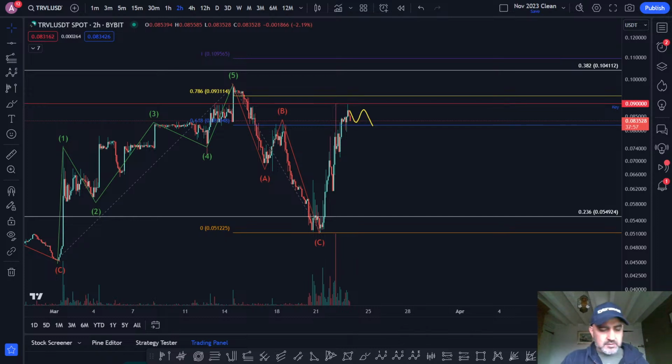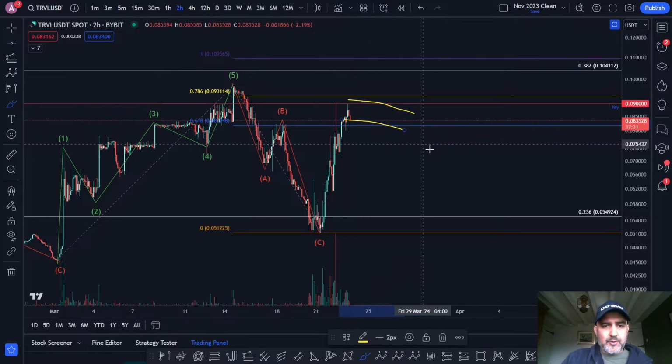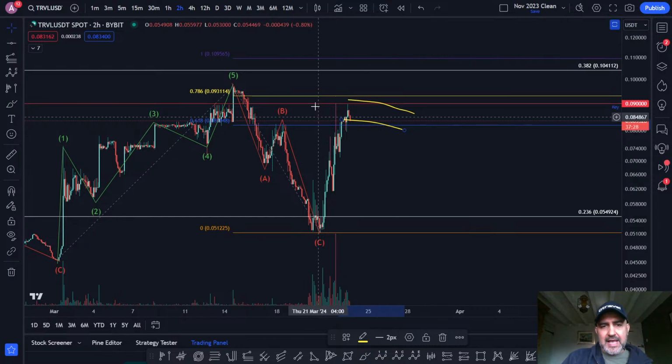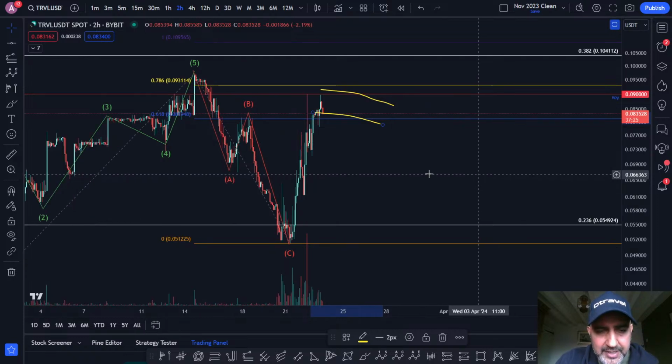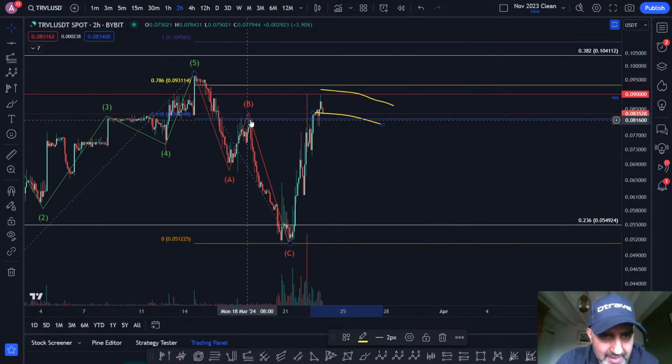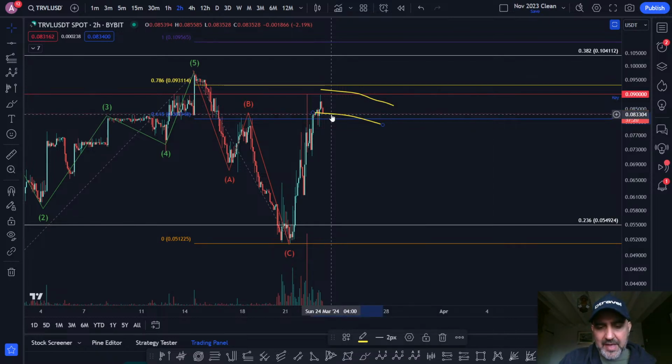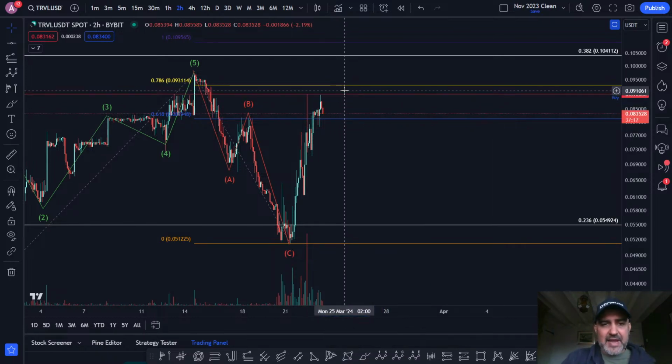Crypto is slightly different, so yeah, I can't really see crypto. Sometimes with a V-shaped recovery, you have the V shape and then you have a little kind of flag at the top. And the great thing about this V-shaped recovery is that we're basically above that pivot now. The price is above that pivot, and if we have a really nice flat correction here,